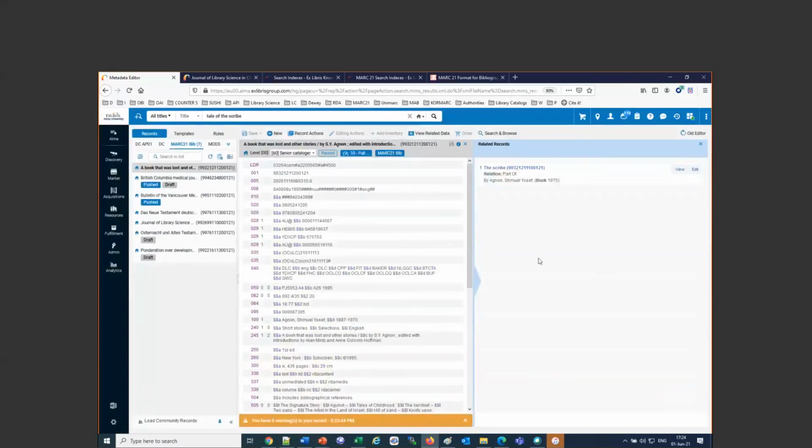okay, so we see here that the scribe is part of, if someone else says he read it and knows he got the Nobel Prize. So it's part of, because we're using the 773 like we had before, by Agnon, Shmuel Yosef. So here, if we edit this one, and again we do it,